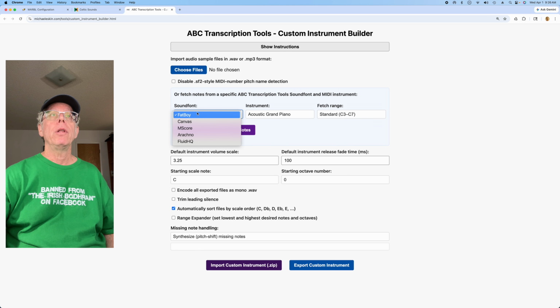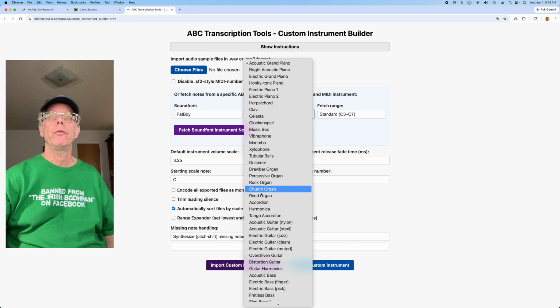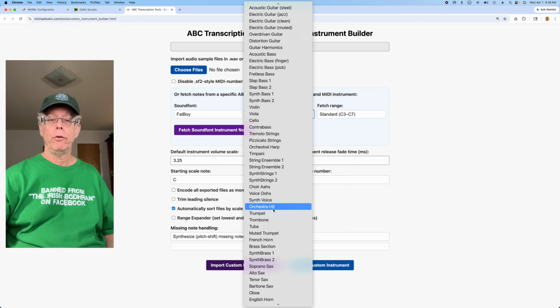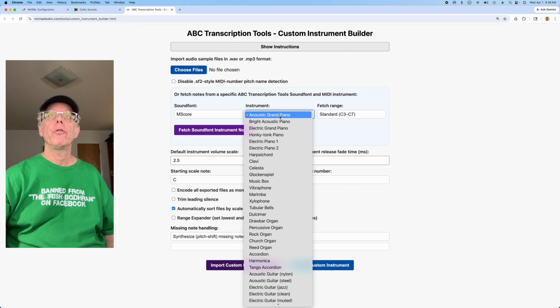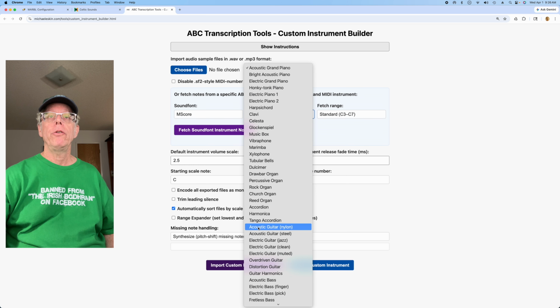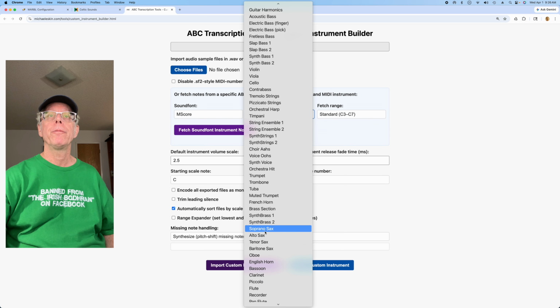So I happen to like the M-Score sound font. There are actually 5 sound fonts available, and each of these sound fonts has 127 different sounds. These are full general MIDI sound fonts. So I'm going to just go to, let's say, M-Score, and I'm going to create a custom concert flute instrument for Celtic Sounds. So I'll just scroll down to flute here,